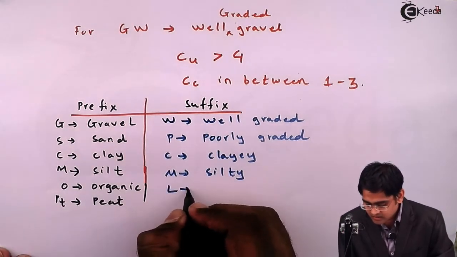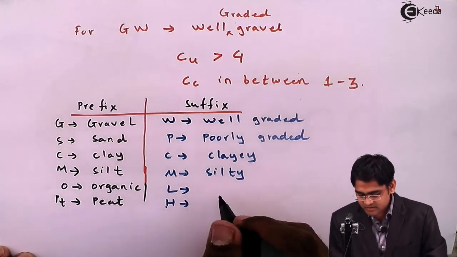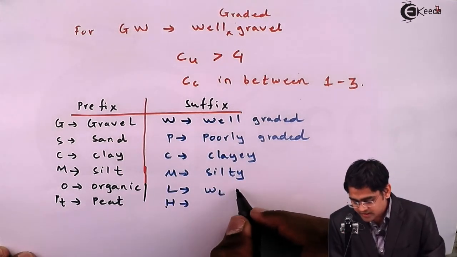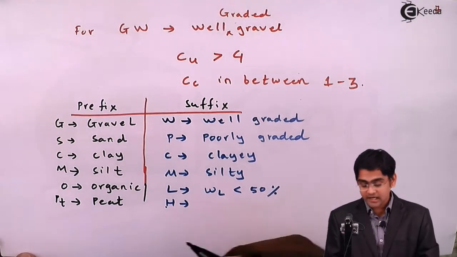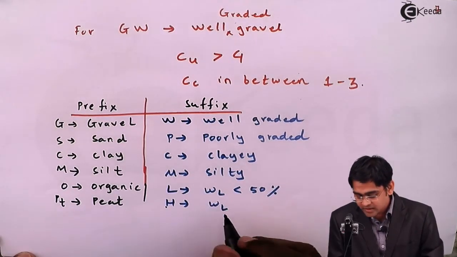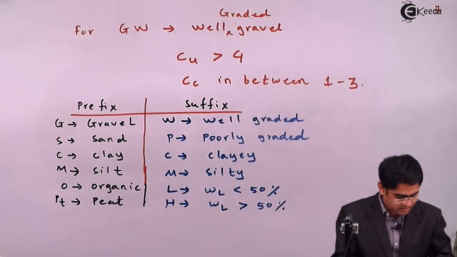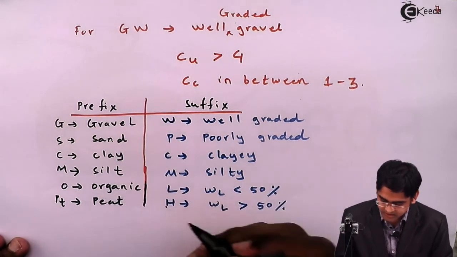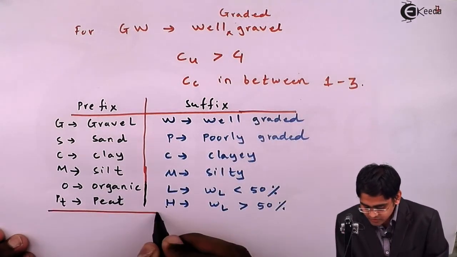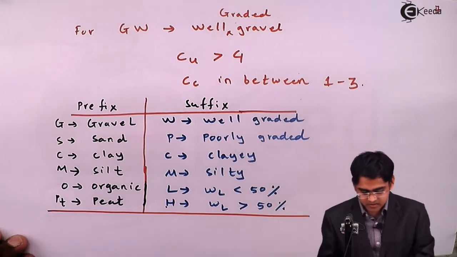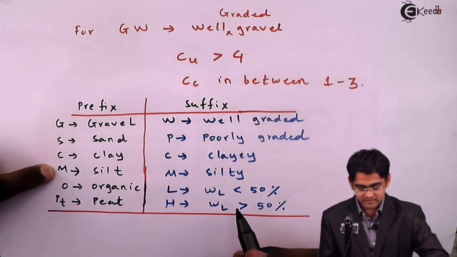Yeah, L and H. L means the soil has a liquid limit less than 50%, and H means high liquid limit. High liquid limit means liquid limit greater than 50%. So these are the prefixes and suffixes in the unified soil classification system. G is for gravel, S is for sand, C is for clay, M is for silt,